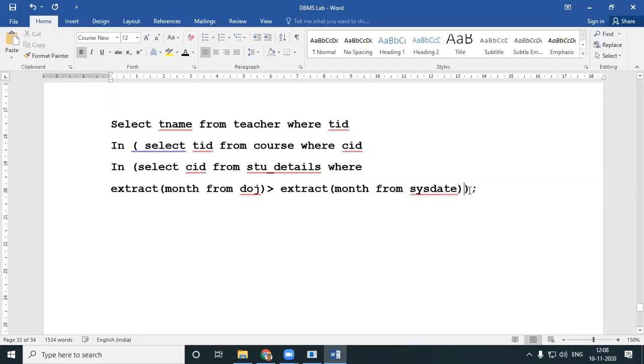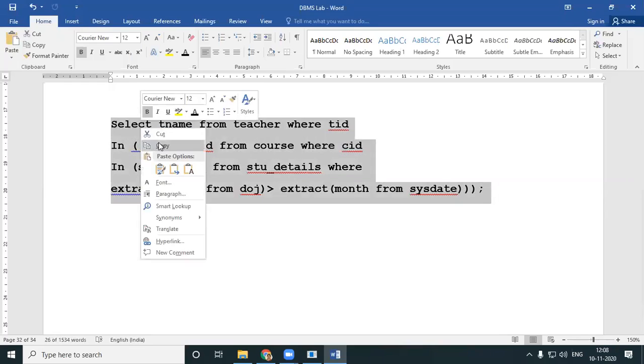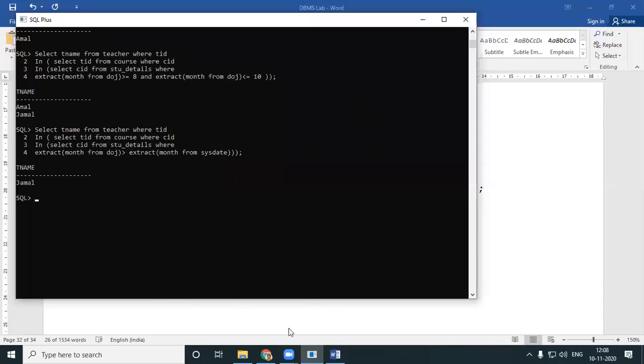I'll just check my brackets. I need one more bracket. I'll copy my query. Hannah is perfectly right. Only Jamal teaches students who joined after the system date. So this is how you write nested queries in SQL.